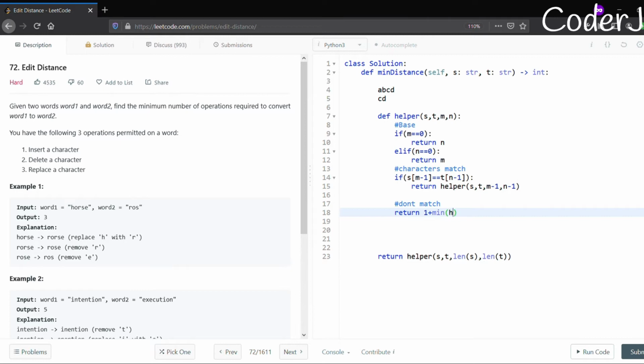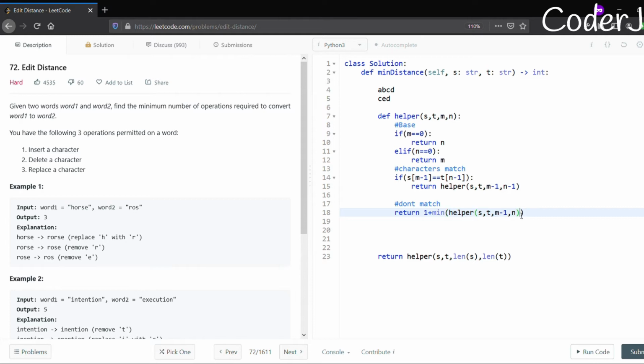Very simple. For insertion, what do I need to do? Let's say the characters don't match. These are the characters, and this is D and this is E. I can actually insert a character right here. This is one thing I can do, right? I can insert D here. So what will happen if I insert D here? One of my pointers will remain here, and the pointer which was initially pointing here will go one step backward. So I'll keep the helper, with s and t remaining the same. I'll keep one of my pointers where it was, and I'll move back the next pointer.